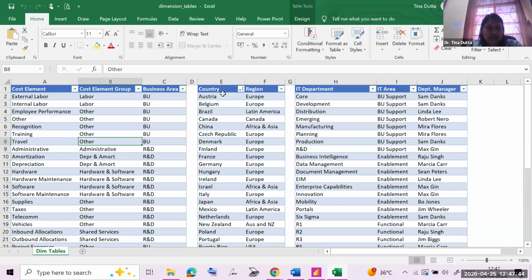Then country, we have the country names, then in which region these countries are coming, that is also kept here. Now here one thing you will notice is that Japan is coming under Africa and Asia. You might say that if it is continent, it should come under Asia, but it is as per the company. The company has demarcated its sales region, and there it has clubbed Africa and Asia. Under this region, some of the countries are there, like China, Japan, and then